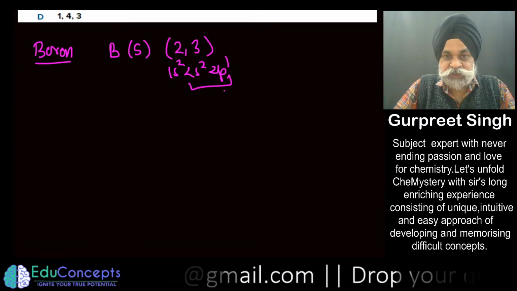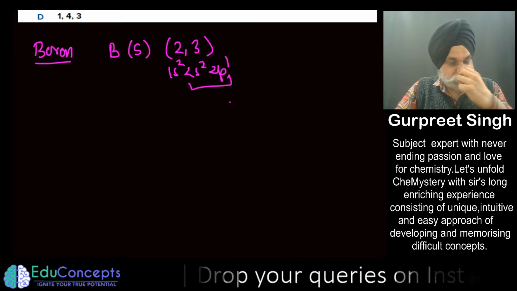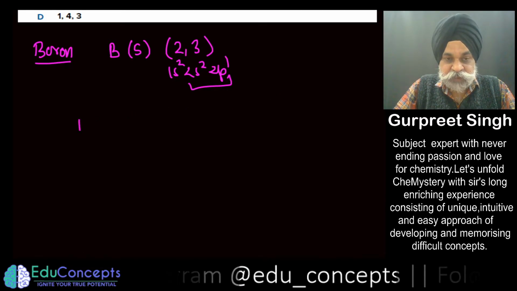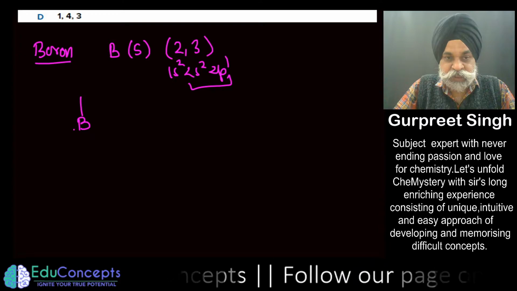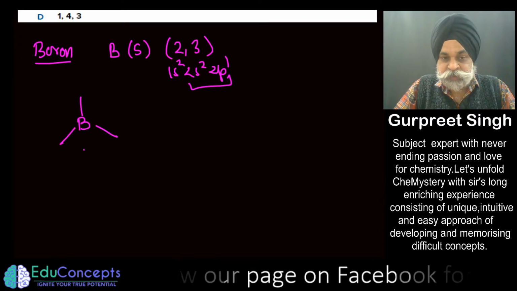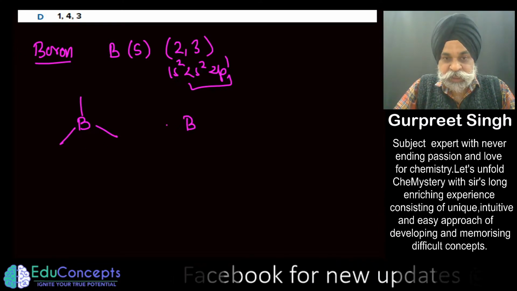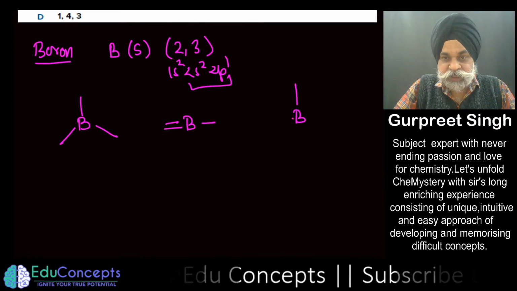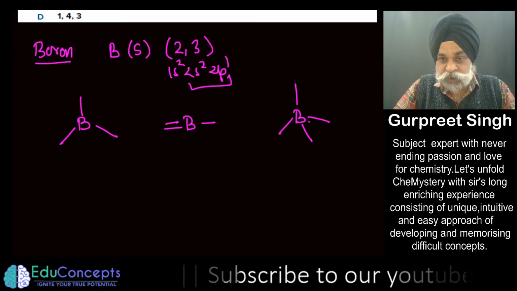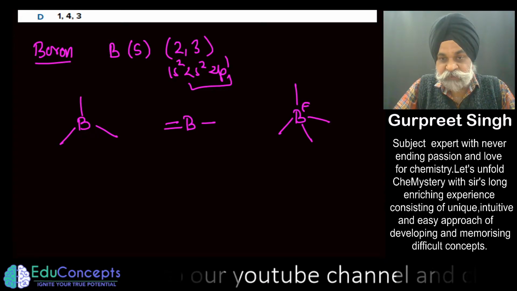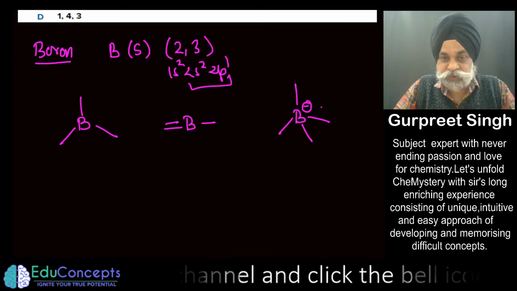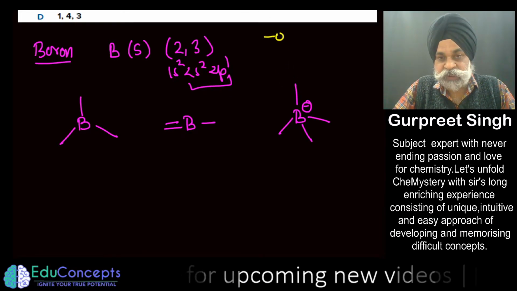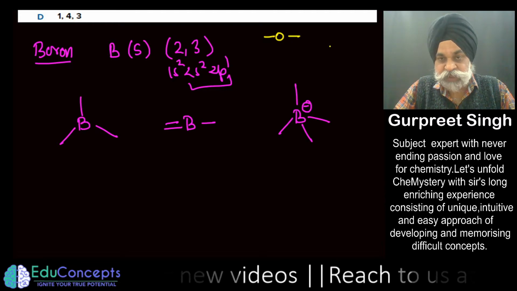So the valence electrons in it are 3, and since boron has 3 electrons, it will always want to make 3 bonds like this, or it can also make 4 bonds like this. If it makes 4 bonds, then this boron must have one negative charge. This you should always remember. Also, you should focus on this part: oxygen joins with anything either by two single bonds or with one double bond.